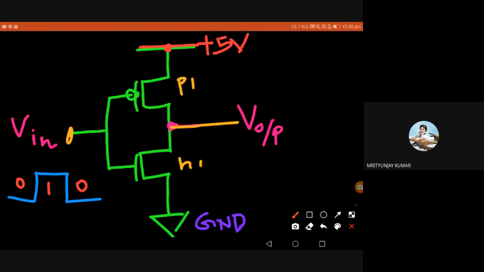Again, you can take 2 minutes and use whatever conditions you already know. Based on those conditions, draw the output waveform, or just tell me what the output will be if the input is varying between 1 and 0. What is the behavior of the circuit? You should tell me how the circuit is behaving.